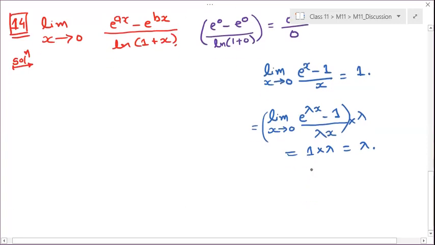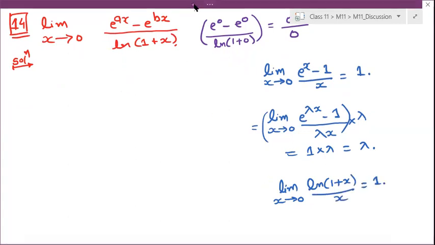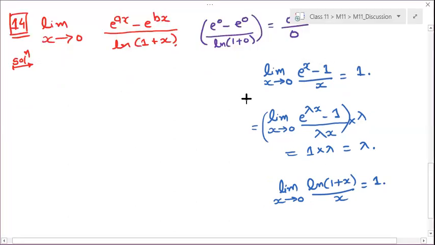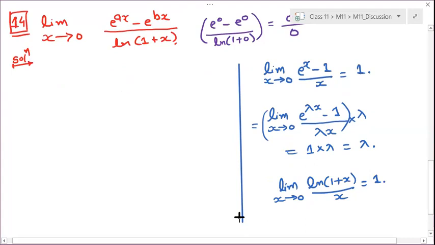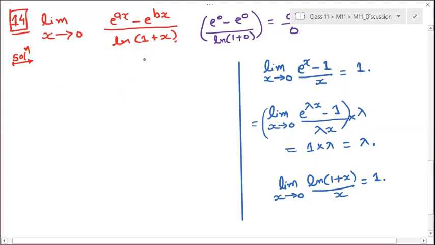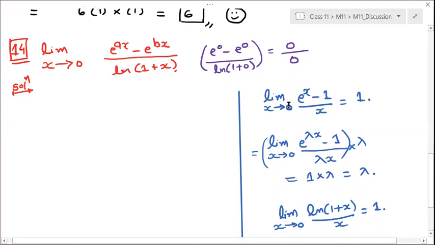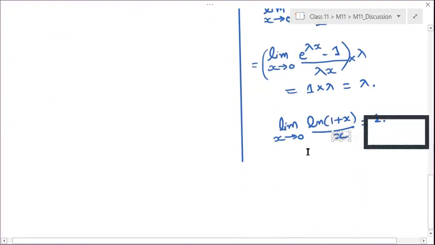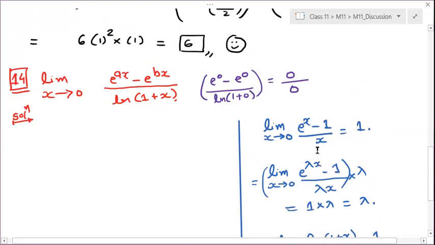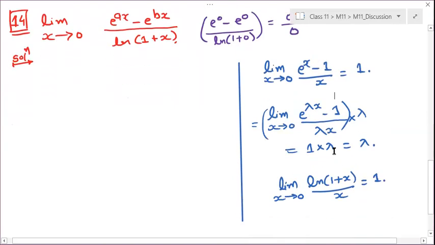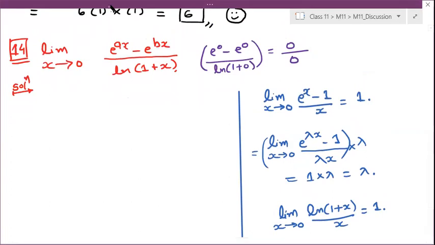Another formula that I will use is limit x tends to 0, ln 1 plus x by x is equal to 1. Okay, so I am going to use these two formulae over here. Now, to use these two formulae, what is required? For ln 1 plus x, divide by x is required. For e to the power ax minus 1, divide by x is required. And here we are having 2e. So first, let us introduce divide by x on both the sides, that is in numerator and denominator. And then we will see that what we can do about minus 1. So let us divide with x.